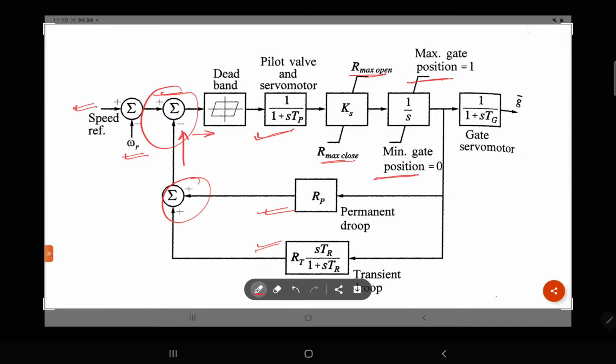Both positions we have taken, and then the transfer function of the gate servo motor. Okay, so the gate servo motor finally gives G over there. So we are controlling in this way: the gate opening and gate closing is being calculated in such a manner. You can see in this closed loop system. Okay, so this is simply the controlling of the hydraulic